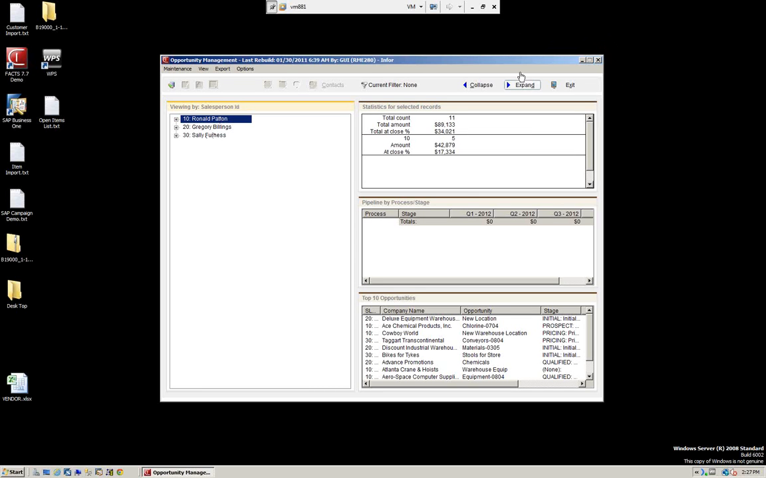Again, that we can set up in here. And again, we'll go into these in more detail in other sessions. We just want to show you how we can set up. So we're looking at the salesperson here. Under Ronald, you can see he has these right here. And if we look at Cowboy World, we have two things. We have a chemical order, and we have